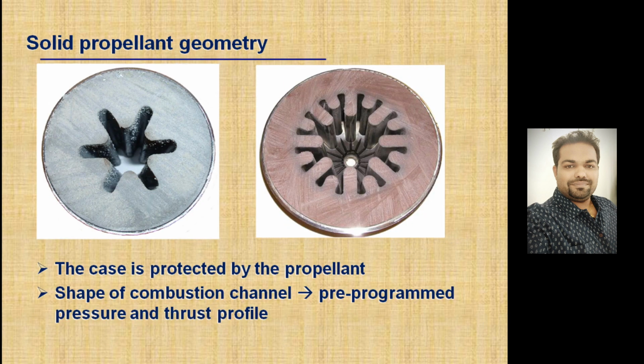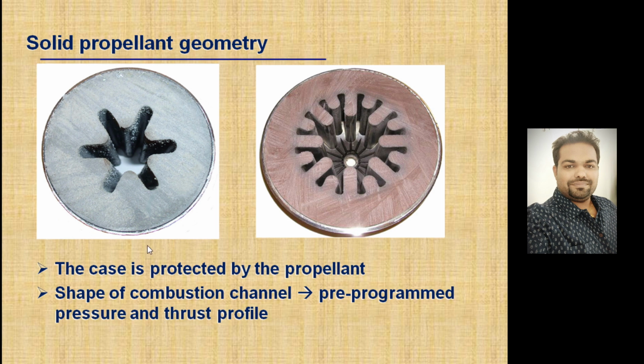So if we look at the solid propellant geometries, solid propellants can be fabricated either in this way or in this way. That depends on the burning rate, aggressive burning rate or slow burning rate. Particularly, we need too much turbulence, so this kind of perforation is preferable to get a very high burning rate. So these will be filled within that casing, and that casing will be protected particularly due to this propellant. So burning starts from this center and will go up to this outer layer, and it ends.